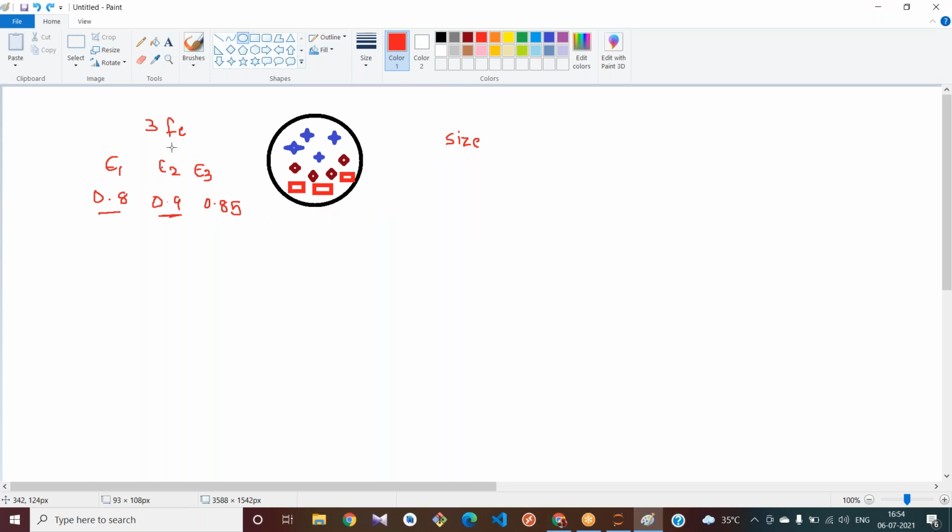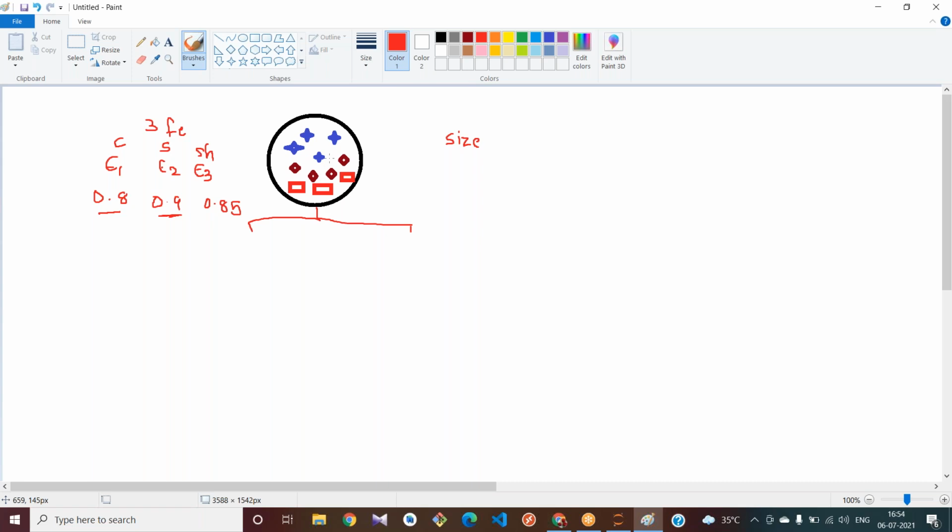Okay, I think this is size, and this is shape, or this is color. Based on the size, I want to split my data, since I got more entropy for my size. What I'm trying to do is decrease my uncertainty in predicting the data. If there is a mix of data in this way, I can't predict my data using this. I should do something to classify my data.